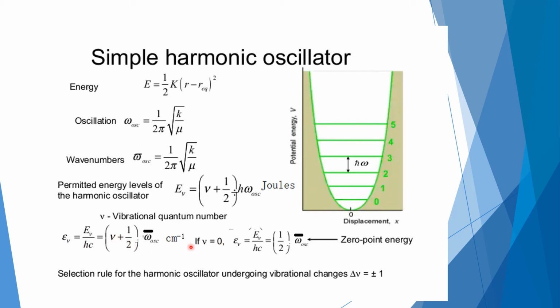0 ആയിരിക്കും. So epsilon 0, V യുടെ വാല്യൂ 0 ആവുമ്പോൾ the energy value is actually half omega bar oscillation. അപ്പോൾ ഇതിന് നമുക്ക് മനസ്സിലാക്കാവുന്നത് എന്താണ്? ഇവിടെ 0 എനർജി ലെവലിലും ഇതിന് ഒരു വാല്യൂ ഉണ്ട്, ദാറ്റ് ഈസ് ഹാഫ് ഒമേഗ ബാർ ഓസിലേഷൻ. സോ, this energy is called the 0 point energy, and the 0 point energy is not